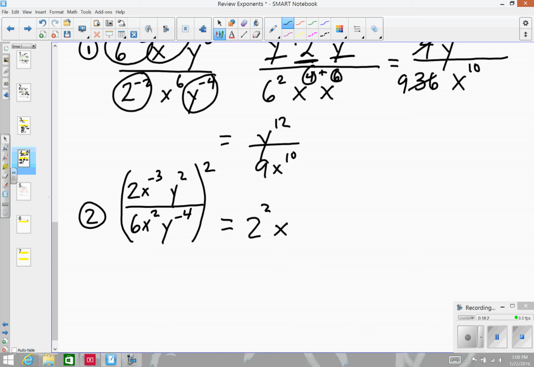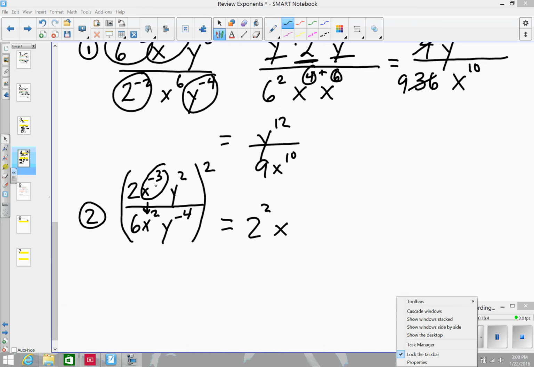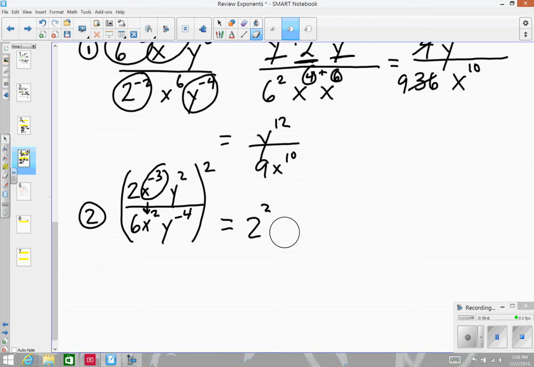Actually, let's be consistent. Let's say that we didn't like any of these negative exponents and we wanted to move them. So I'm actually going to take this and move it down here, and then square what's down there. So let's say I'm moving that to the denominator, and I'm going to erase what I started to write here in the numerator. Okay, so